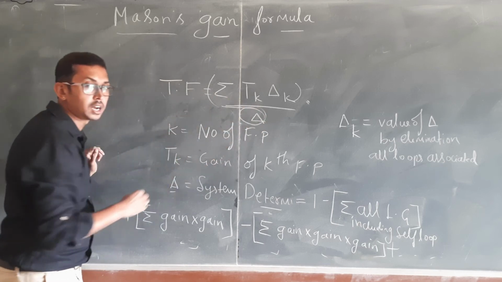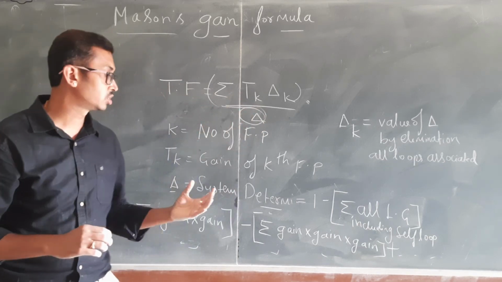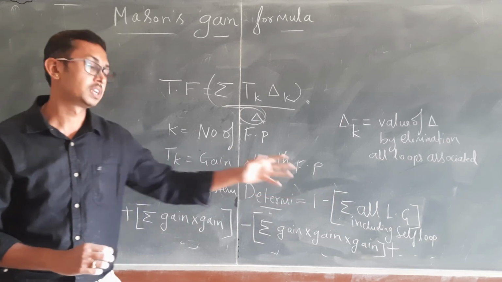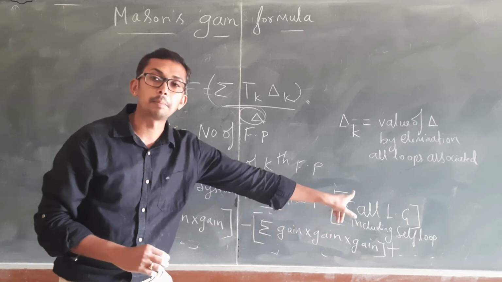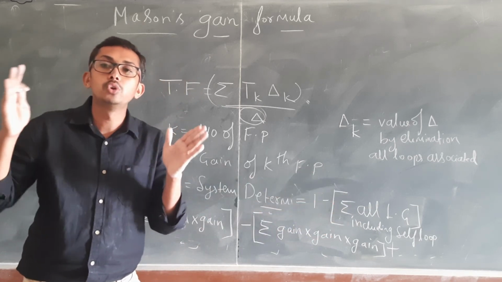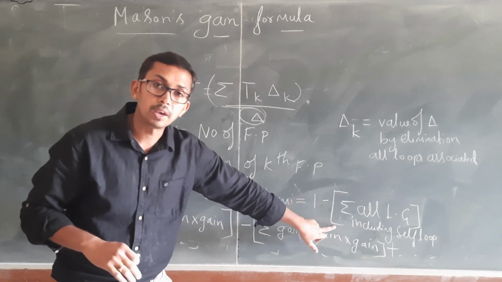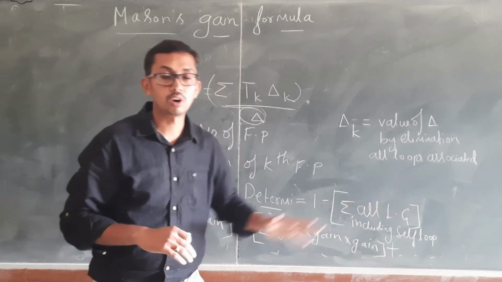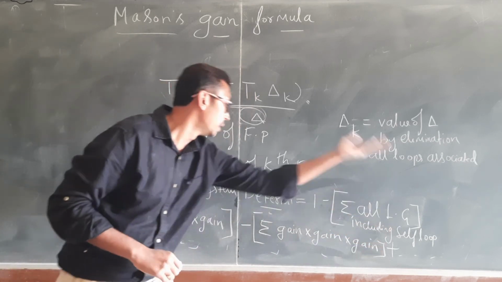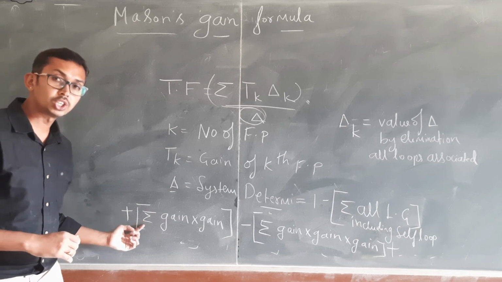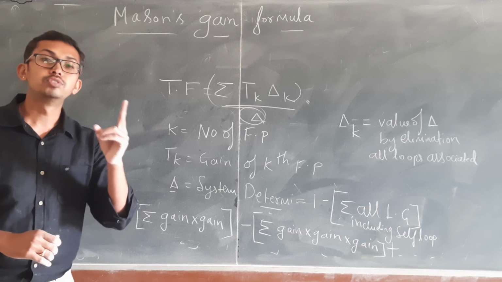Now what is the meaning of delta here? Delta is nothing but the system determinant. There is a formula for that. It is 1 minus summation of gain of all loops including the self loop,